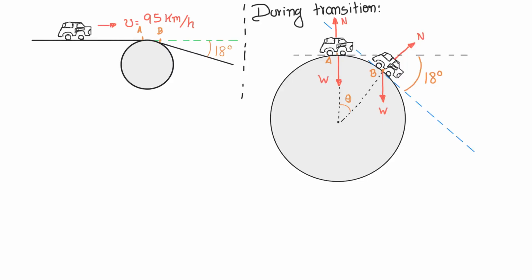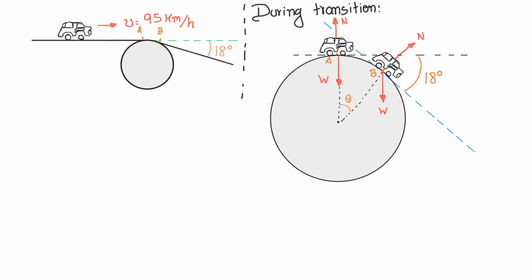The situation in this question is the following. This car is moving to the right until it meets a hill which is inclined 18 degrees with respect to the horizontal. This car is moving at 95 kilometers per hour. We then have to discover what is the minimum radius of this transition section such that the car does not